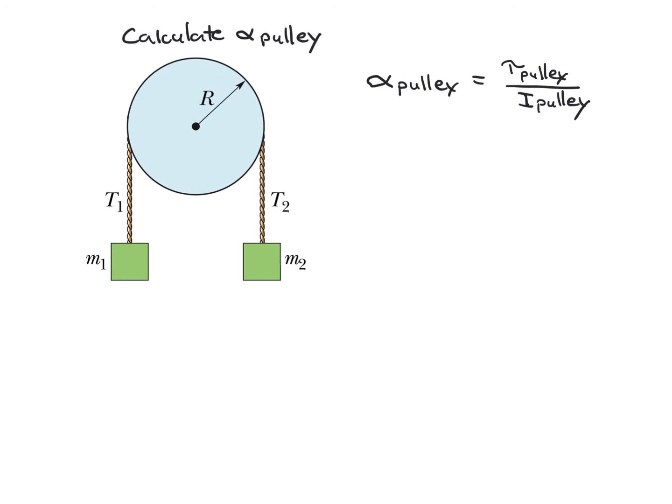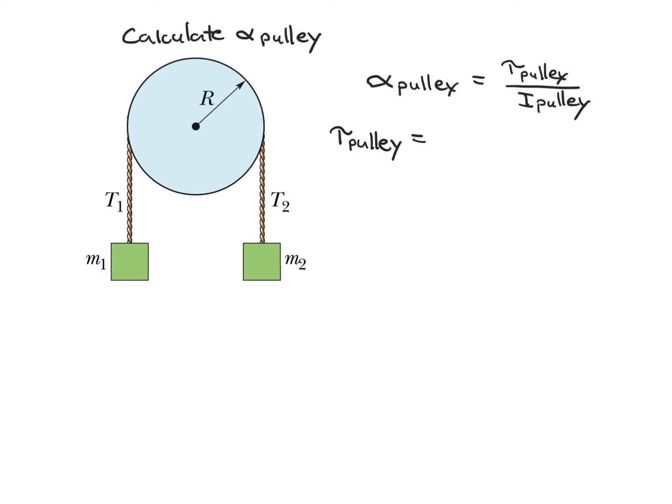So what that means is that we're going to consider torques to be positive as those torques which tend to cause a counterclockwise rotation, and torques which are negative are torques which tend to cause a clockwise rotation. So what that means is that the torque on the pulley in this case is equal to, there's a positive contribution from the torque associated with the tension T1, and that torque is going